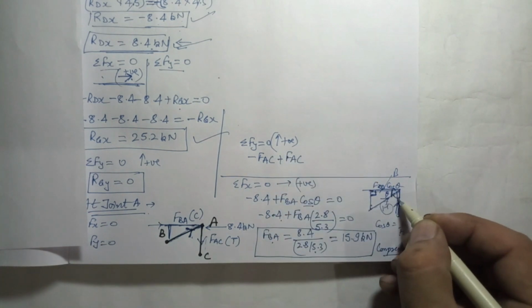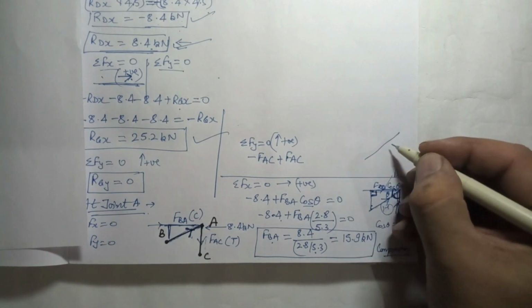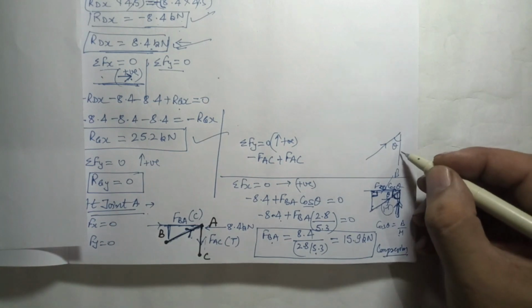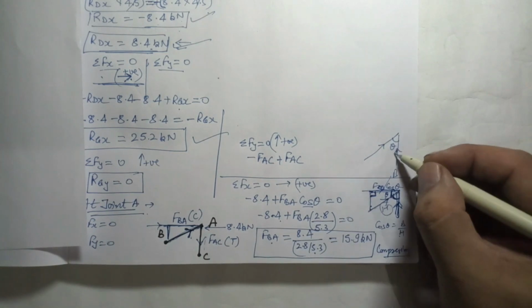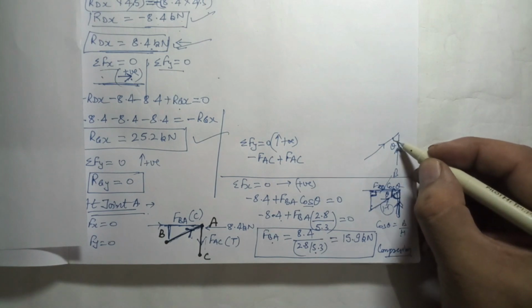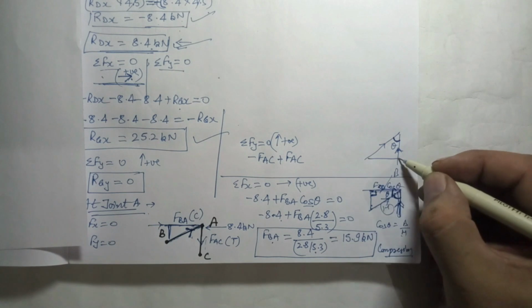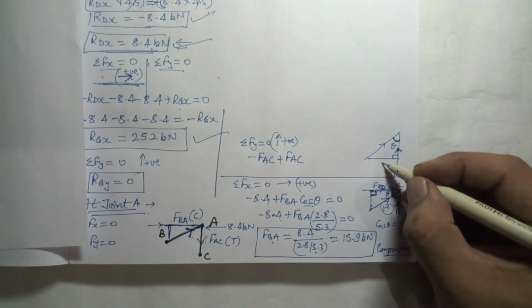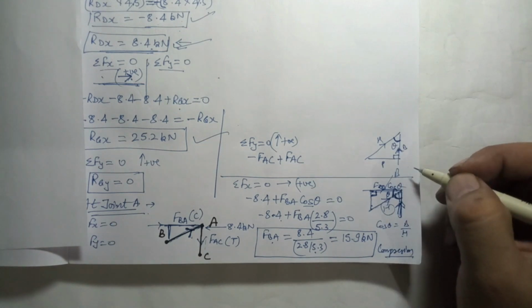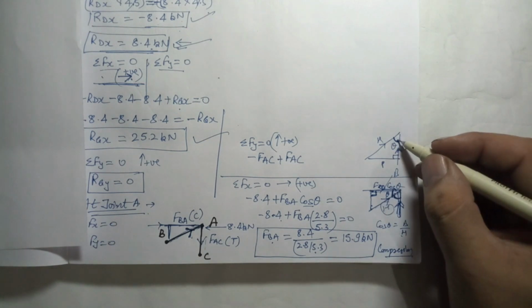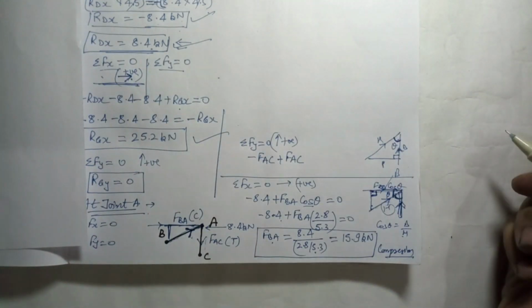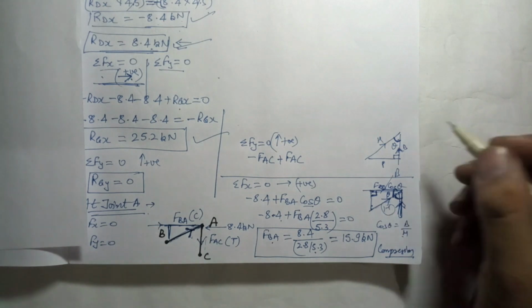But if you know this angle, I'm telling you here, this is FBA. Now if you know this angle, then that will be the component. So you can go in this way. If we know this angle and this is a right-angle triangle, it will become perpendicular, hypotenuse, base. This is not the only method to solve this question. You can find out the angle of each and apply the cos and sine components of the force in that way also.